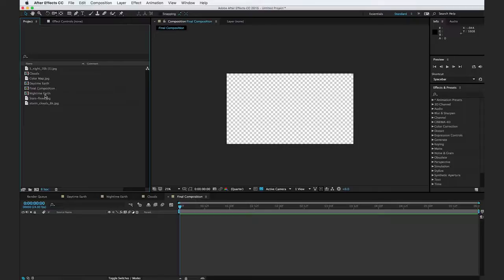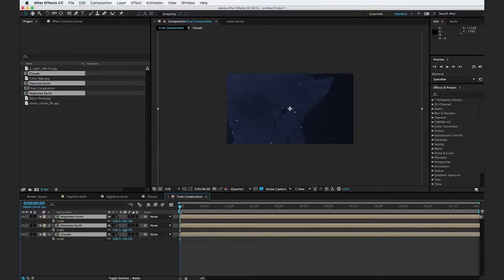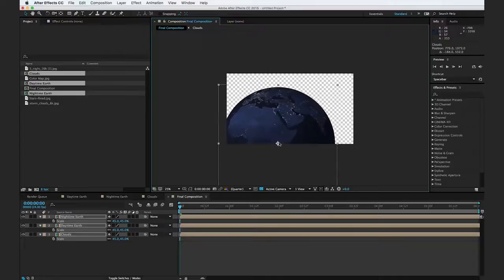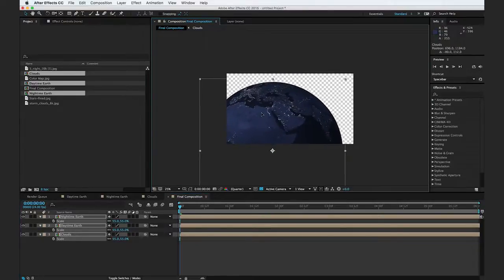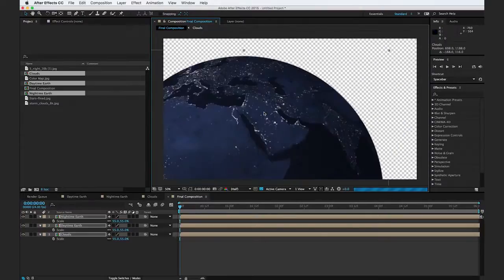And I'm going to go ahead and grab our nighttime Earth, our daytime Earth, and our clouds and bring it down to our composition here. And so as you can see, they're way too big, so I'm going to hit the S key and scale down all of our layers. And we probably want to move them to where the Earth is taking up a good majority of the screen here, maybe right about there